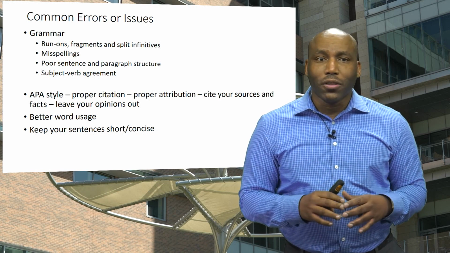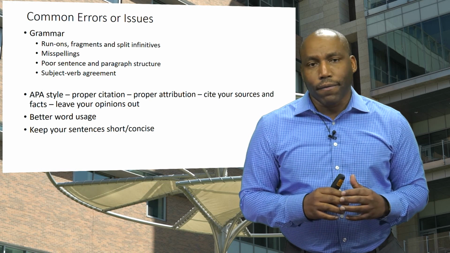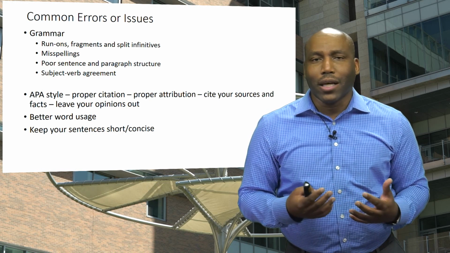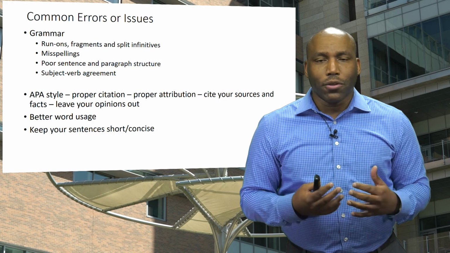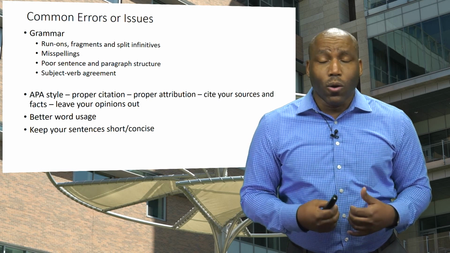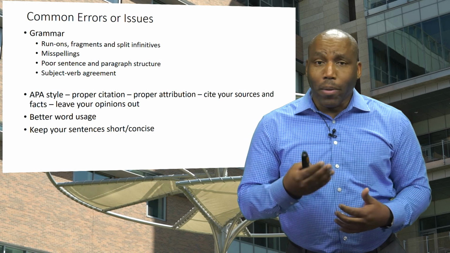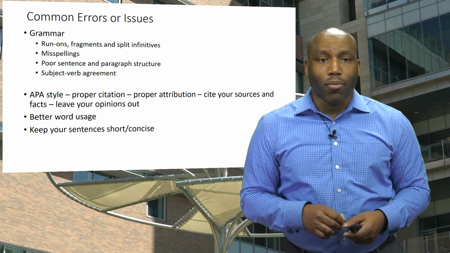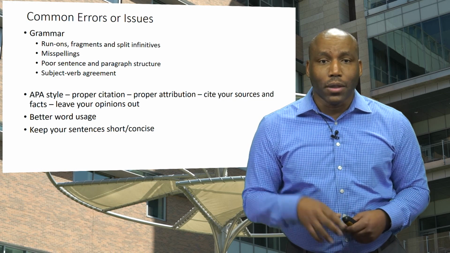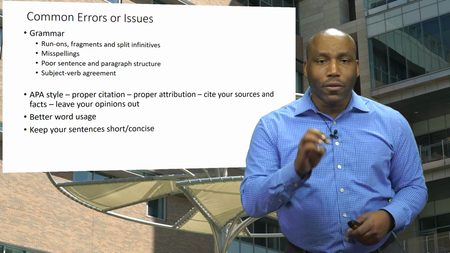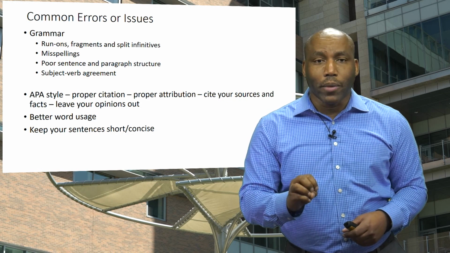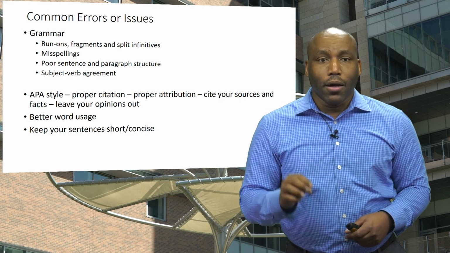On average, just about almost every paragraph that you write in a paper probably, in one way or the other, has to have some citation attributed to it, that you're doing an in-text citation or you've directly quoted someone. Go back and look at your paper. If you're missing some of that, it's probably a good chance that you're not citing properly. That's one of the big issues I see with students not properly citing. They have information they're putting out there. Maybe they've read it somewhere or they're injecting their own information, but they're not citing sources where you got that